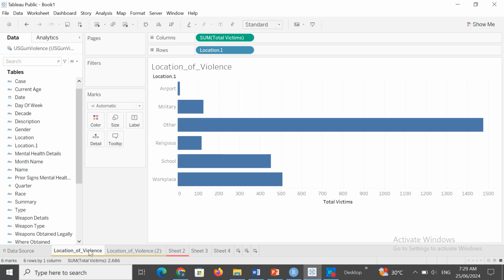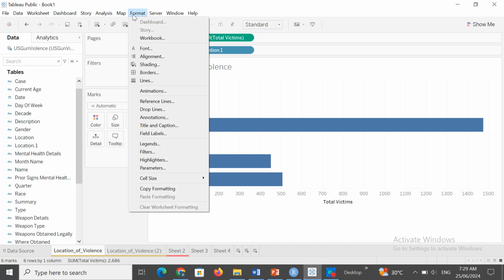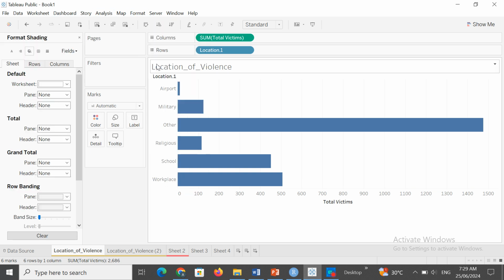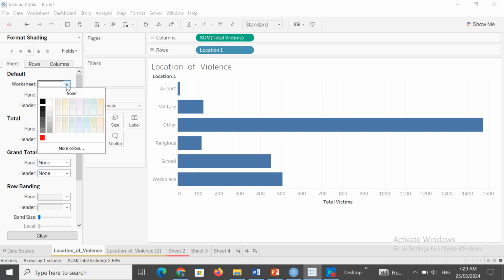Now I can also decide to format this particular worksheet. Let's assume I go to formatting and then shading. So let's assume I want to make this worksheet